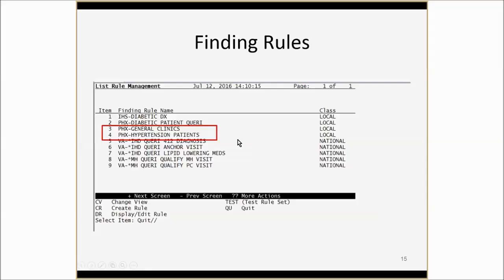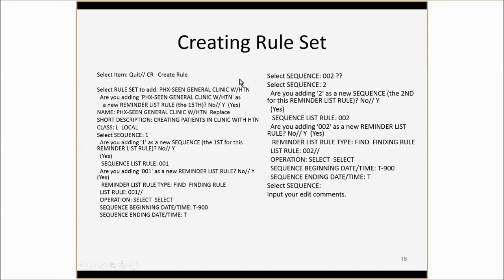Now I'm going to create the rule set. So I'm going to name it. I want all patients that were seen at the general clinic with hypertension. My first rule, you want to start it with the lower set. So my first rule will be to